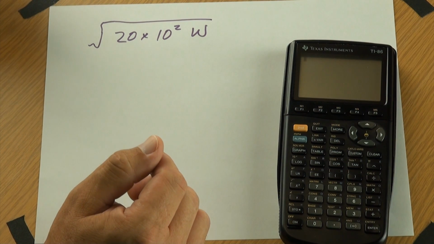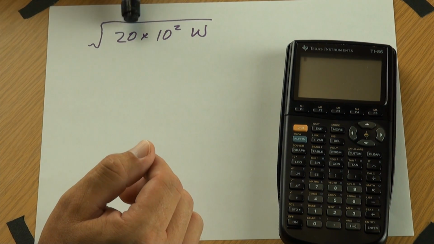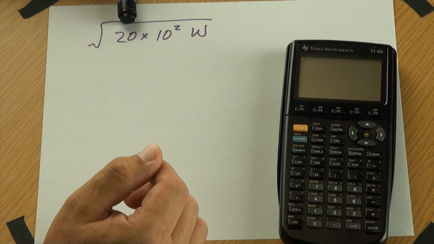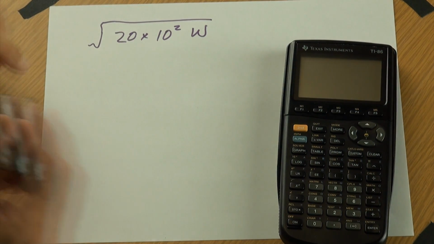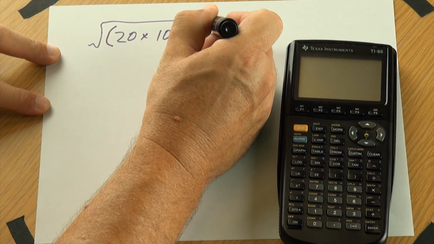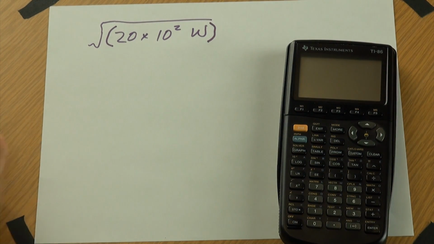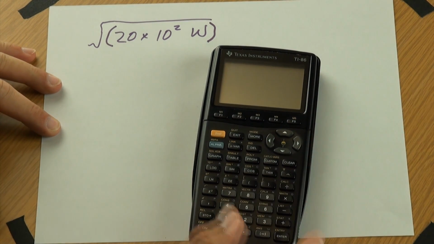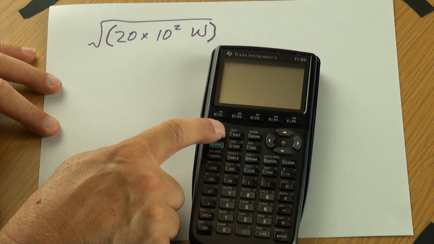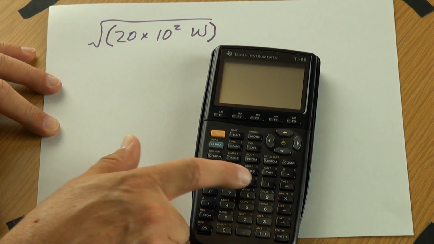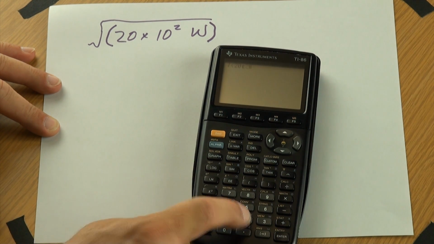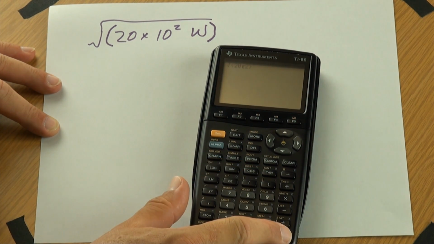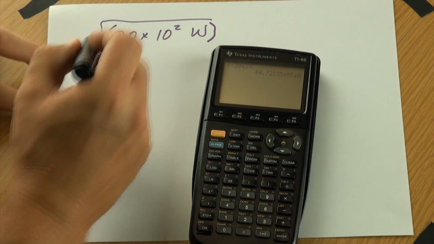One more example of this, doing the square root. Again, we want to make sure that the square root is taken of everything that is underneath the parentheses here. So where they tell me to take the square root of 20 times 10 squared watts, I'm going to want to make sure as I enter it into the calculator that I use those parentheses. That makes sure that everything gets the square root taken. So I will enter it as the square root, open parentheses, 20 times 10 squared, close parentheses. And what that's going to give me is